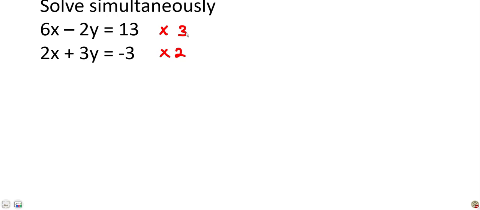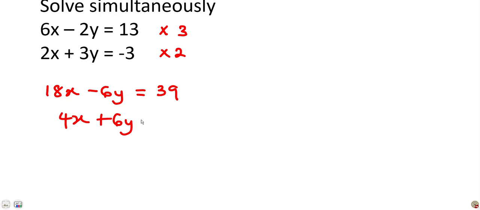And when I do, I have 3 times 6x, that's going to give you 18x, and 3 times minus 2y, you have minus 6y, and 3 times 13, you have 39. And then multiply the second equation by 2: 2 times 2x, you get 4x, 2 times plus 3y, that's plus 6y, and 2 times minus 3, you have minus 6. And of course, now you're going to draw a line underneath, and then you look at the numbers carefully, you can see that